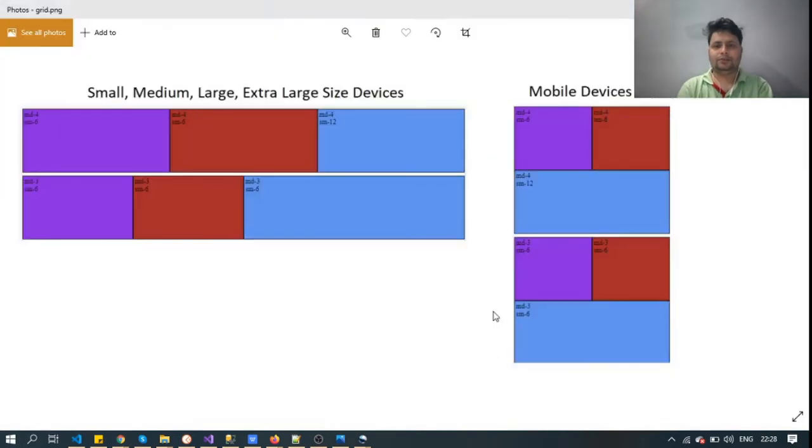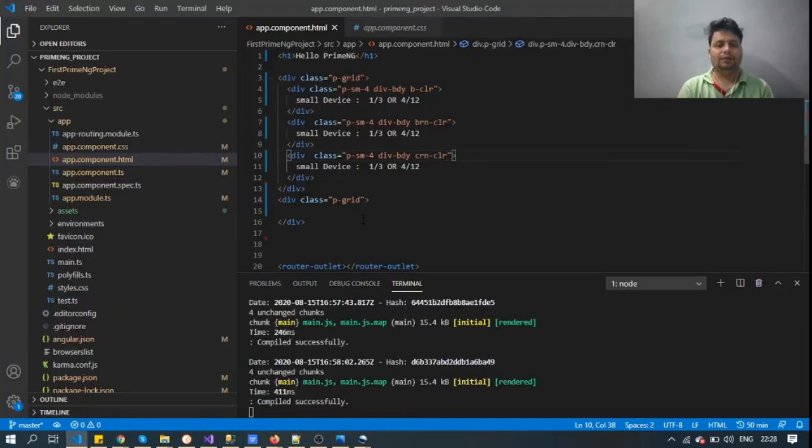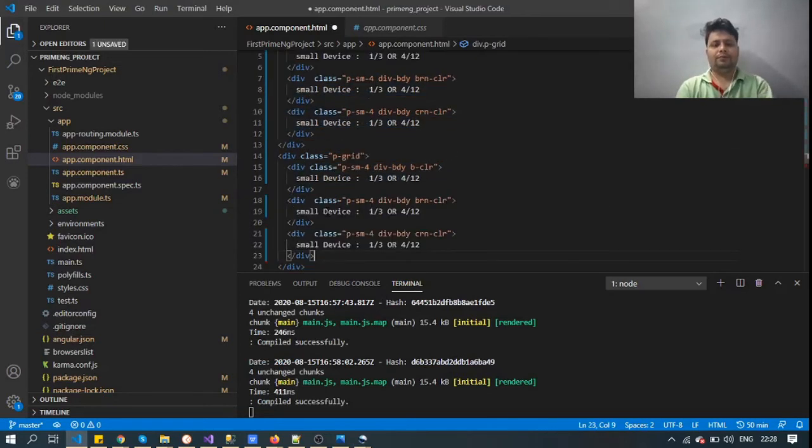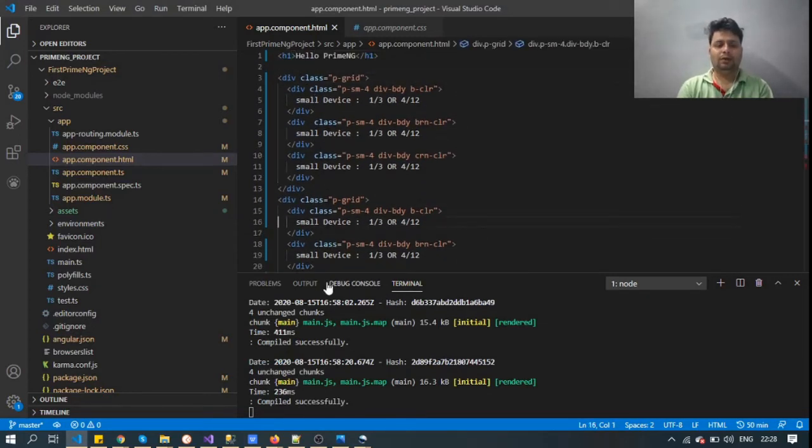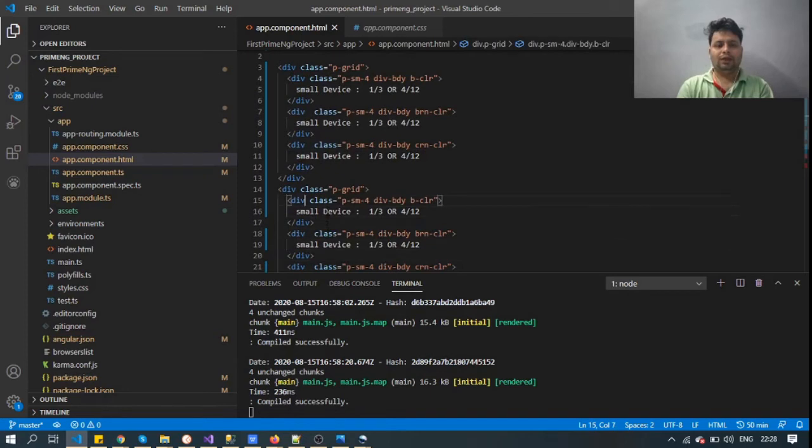The second row contains 3 columns, but now the size of these columns is changed. So we will try to create the second row. Okay, we have copied the same row, and now we will change the classes.